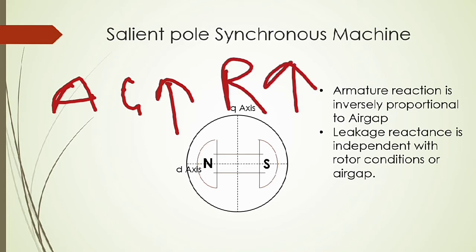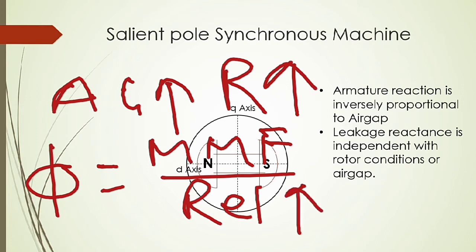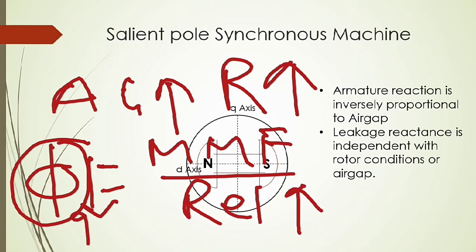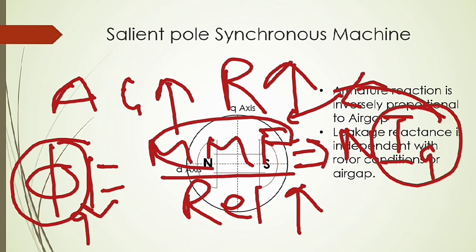If reluctance is high, then we can say phi equal to mmf divided by reluctance. So reluctance is large or high, the flux should be low. So this flux is called armature flux, because mmf equal to N into Ia, the armature current. So armature current produces the armature flux, armature mmf. So this armature mmf is proportional to armature flux. So armature flux reduces, that means the impact, what is armature reaction? Impact of armature flux on main field flux.